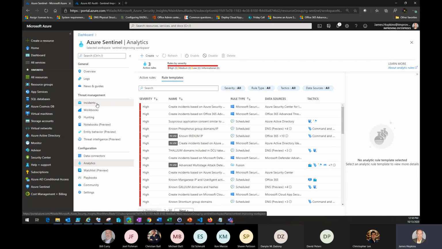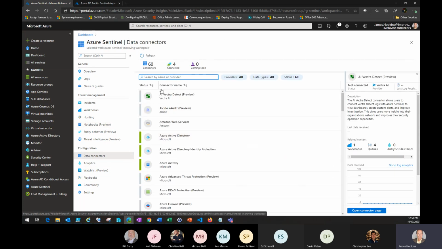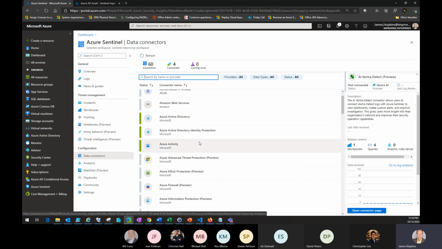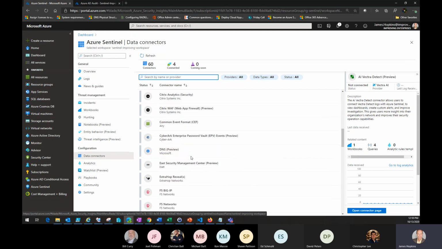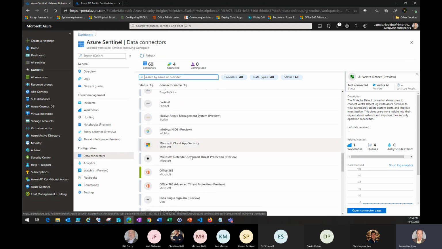The last piece, like I said, the notebooks, behavior and threat intelligence are all in preview. Notebooks is built on Logic Apps, so it's kind of like a runbook. It leverages some of the analytics and automation to take actions on things. I'll show you quickly the connectors. There are 60 default connectors out there. You can see it's not all just Microsoft. You can pull in from Checkpoint or Cisco. There's a whole bunch of things out there, Forcepoint, Proofpoint, but it also supports the